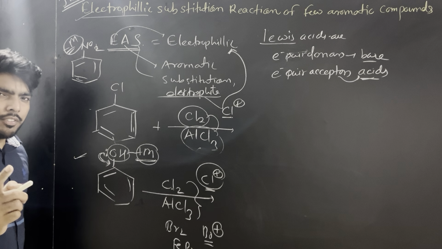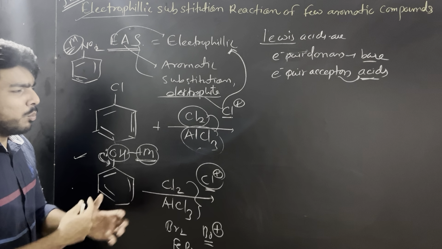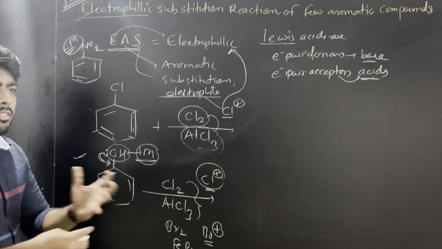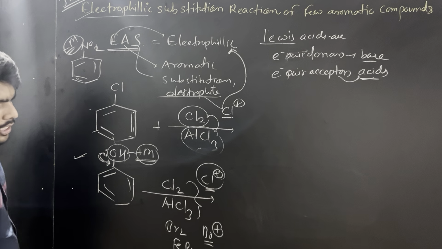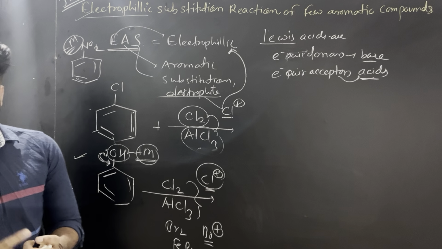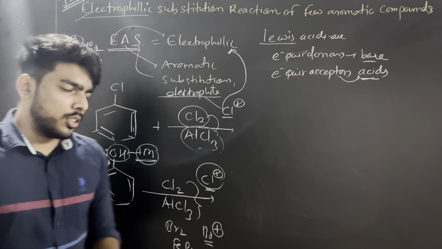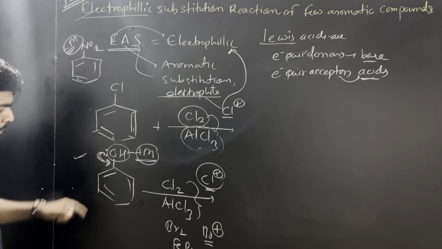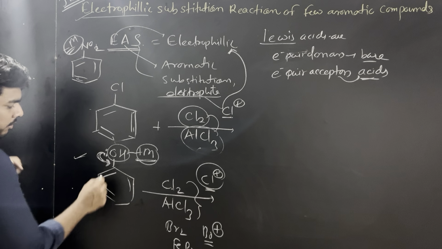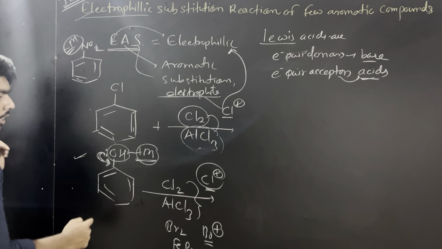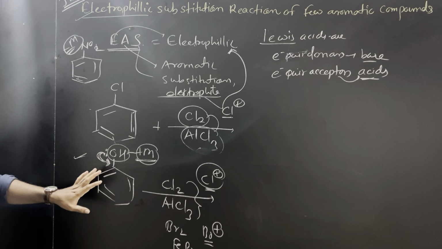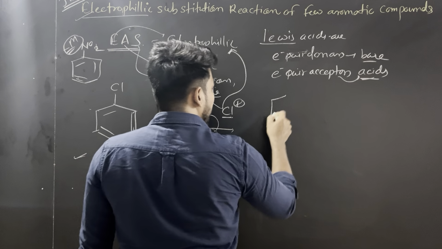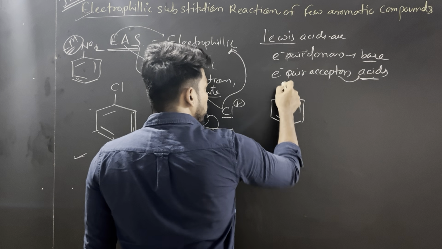If you want to study the mesomeric effect in detail, a few more videos are coming on this channel, so please stay tuned with us. In those videos, I will be covering the entire GOC, that means inductive effect, mesomeric effect, hyperconjugation, and all the other things. So this OH group will introduce electron density into this ring. I am going to draw the resonance structures of this particular molecule, just to understand what it's doing to the molecule.